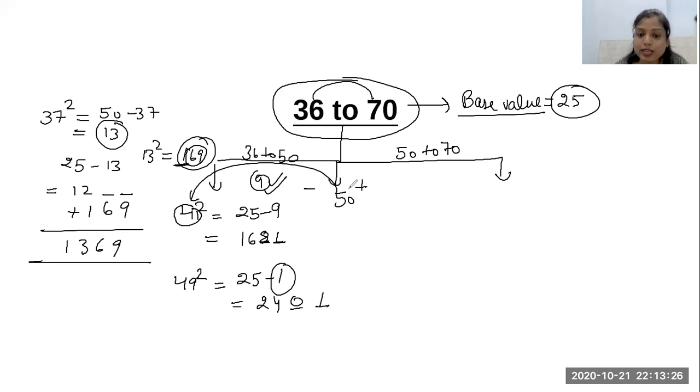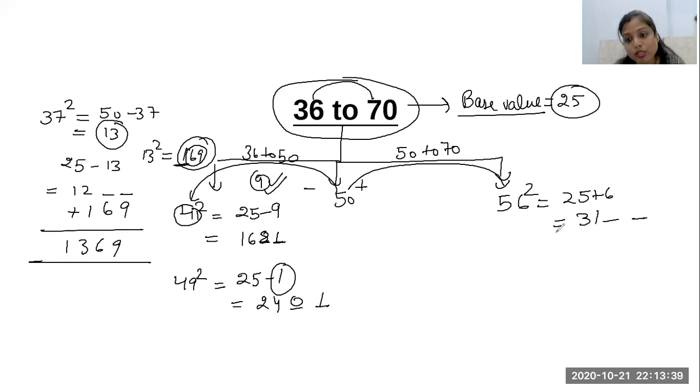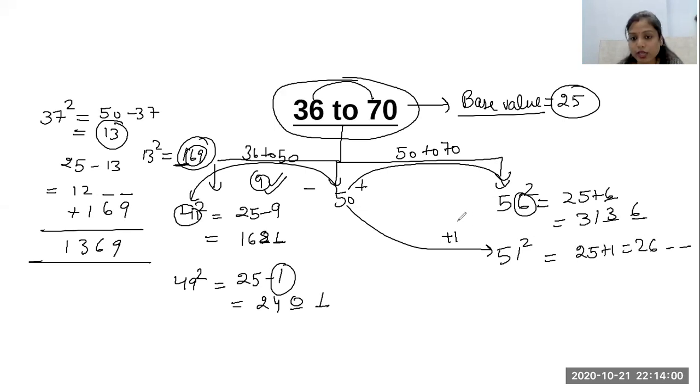Then we move on. We simply apply the method for 50 plus. Like if we have to find the square of 56, how much is it more than 50? It is 6. So 25 plus 6, because 25 is the base value, and we put the square of 6, just because 56 is higher than 50. The square of 6 is 36, placed in two places, guys. If we're not getting two digits, like 51, which is more than 50 by 1, then 25 plus 1 is 26, and the square of 1 is 1, but we put two digits, so 01.